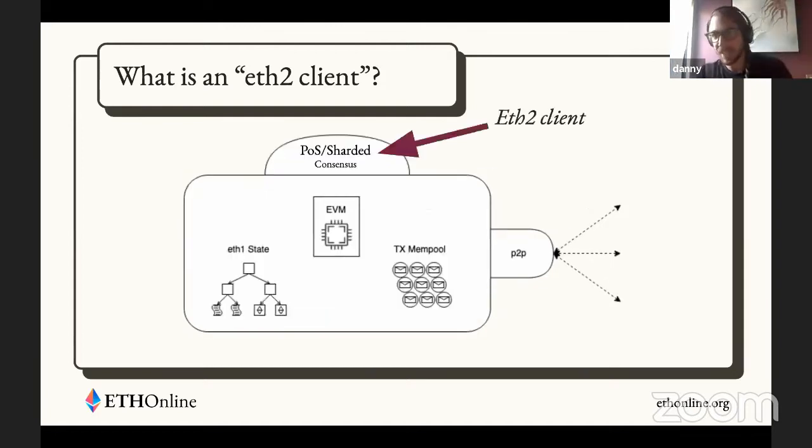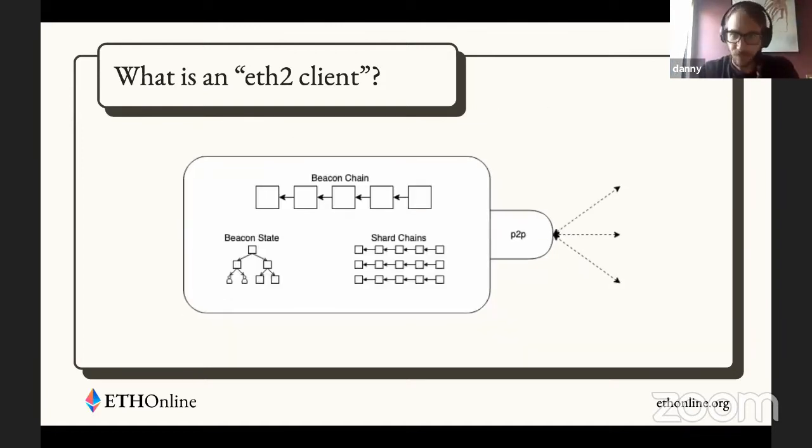To zoom in on that brain right there, we solved that problem, or are solving that problem, through the introduction of a system level chain called the beacon chain that manages validators, manages the core consensus, and manages the system level state called the beacon state. It has its own P2P layer where it manages gossip and communication of system level, consensus level items such as beacon blocks, attestations, validator exits, that kind of stuff, and ultimately is the brain for the